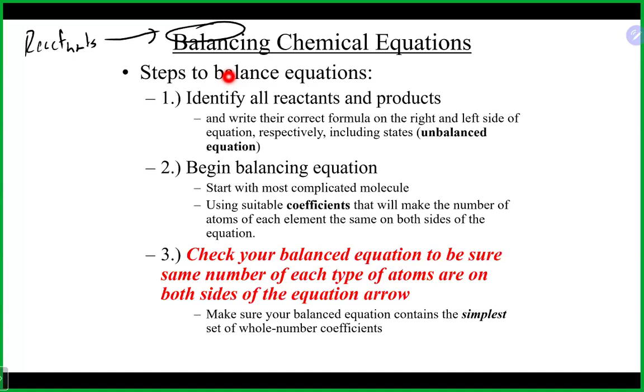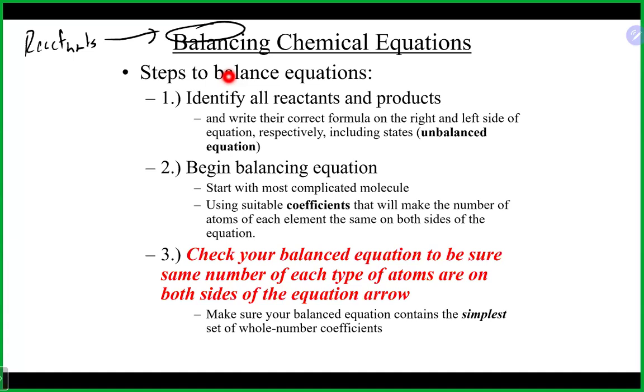Sometimes you may have to start with putting numbers on both sides to actually just start the balancing part. But you want to continue to use coefficients until everything is balanced. You have the same number of elements on each side of the arrow. And I will say at some point, if you're doing it correctly, things should kind of fall into place and you should end up with it being balanced. The last thing that you want to do is, once you figure out that it's balanced and you use all your coefficients, you do want to make sure you have the same number of elements on each side